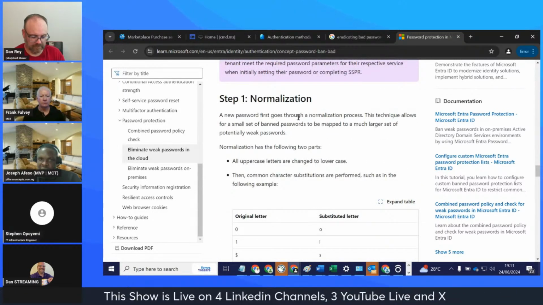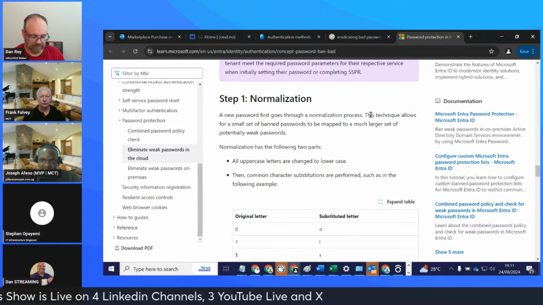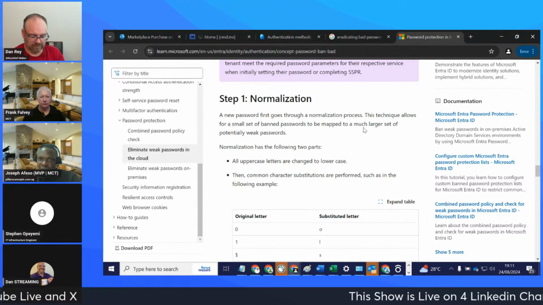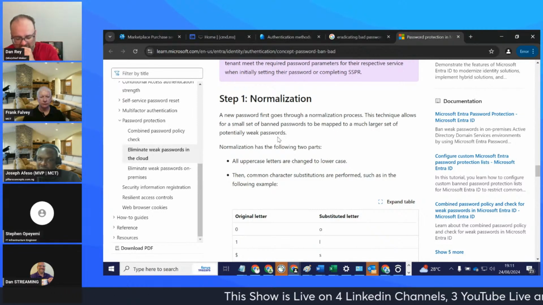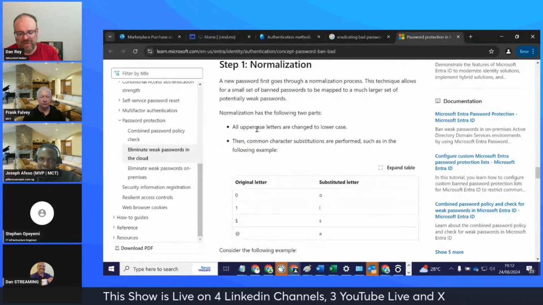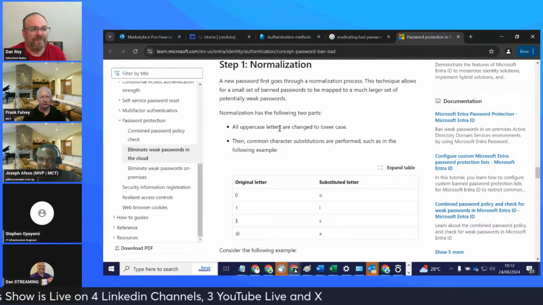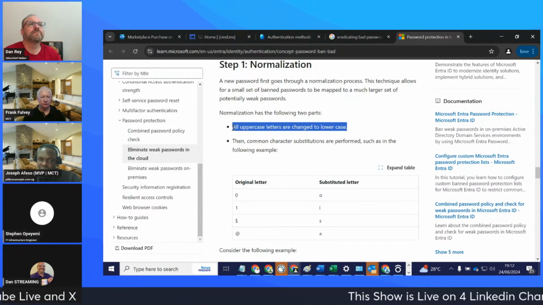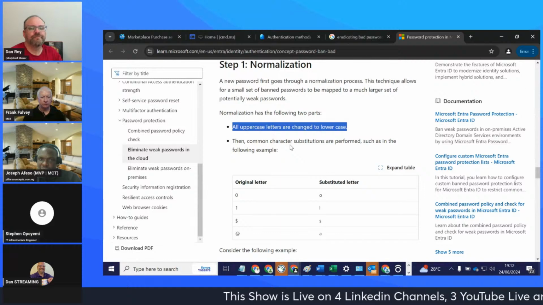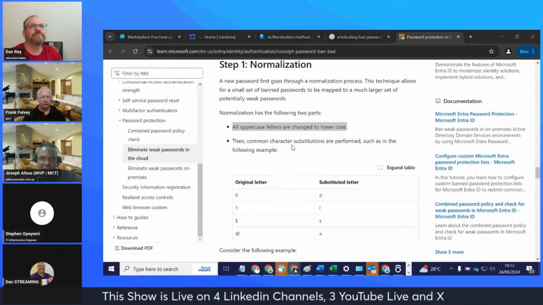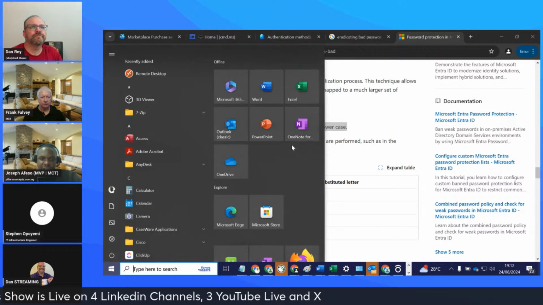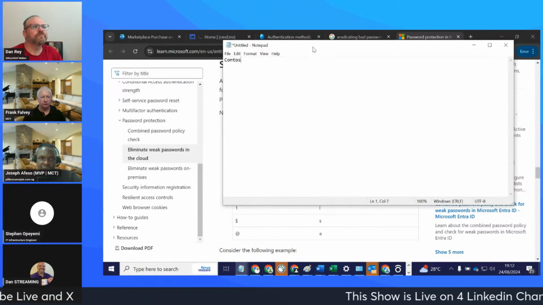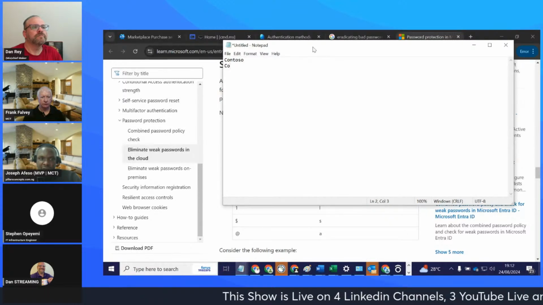A new password first goes through a normalization process. This technique allows for a small set of banned passwords to be mapped to a much larger set of potential weak passwords. Now what happens in normalization? All uppercase letters are changed to lowercase. When you set your password, what happens in the background is all uppercase letters now turn to lowercase. Therefore, it becomes counterproductive to come with words like you are banning Contoso, and then you are also banning